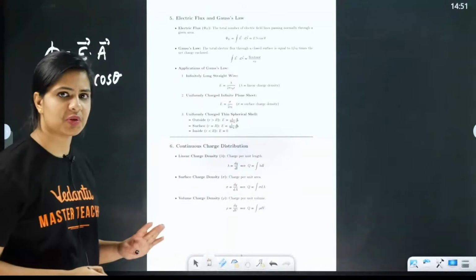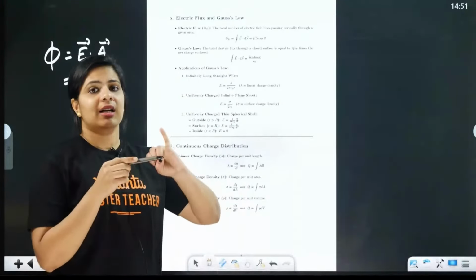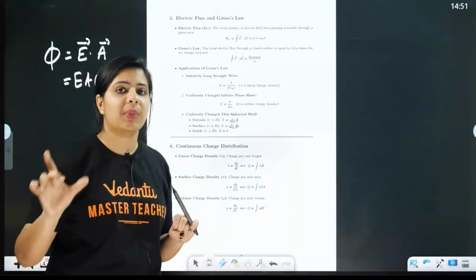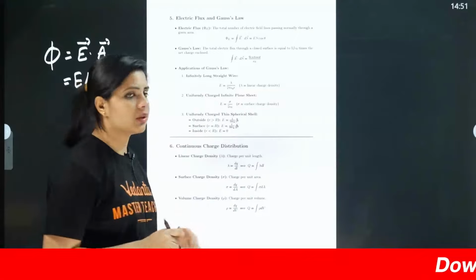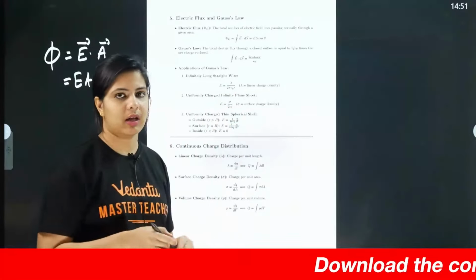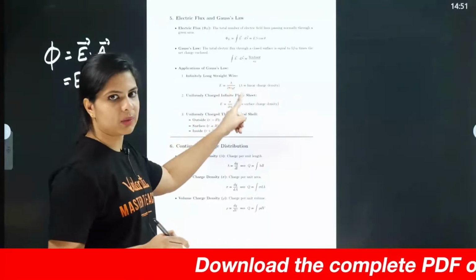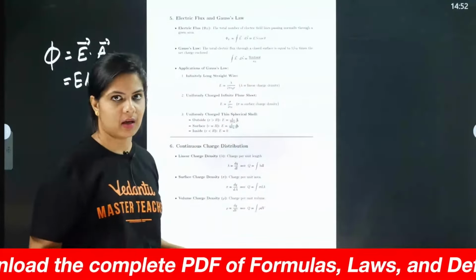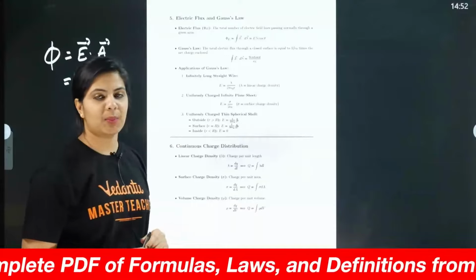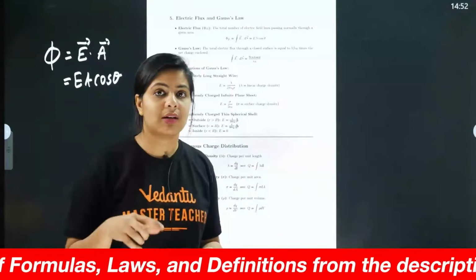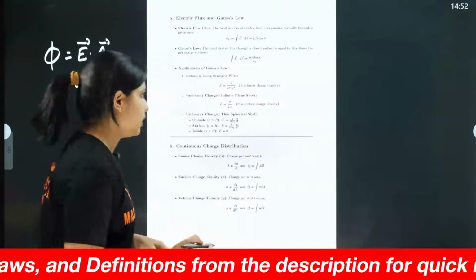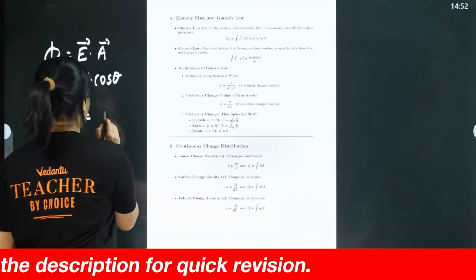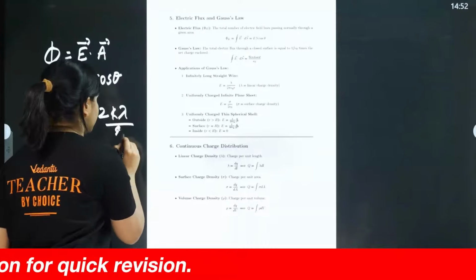இப்போ applications of Gauss's law ல first we will be finding the electric field due to an infinitely long wire. அது k 2 lambda divided by r. Okay, so you can go for either this equation or whatever I said, because we are just multiplying it with 2 by 2. So we will get it in terms of k. So remember பண்றதுக்கு அது கொஞ்சம் ஈஸியா இருக்கும். ஓகேவா? So இப்போ we will be getting lambda by 2 pi epsilon naught r, or let's say 2k lambda divided by r. So you can also go for that. Okay, so electric field due to this will be coming as 2k lambda divided by r.